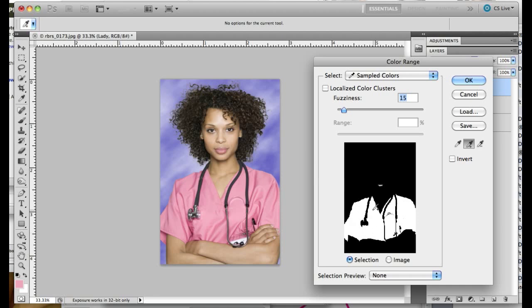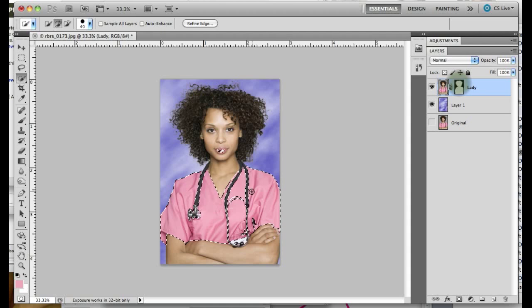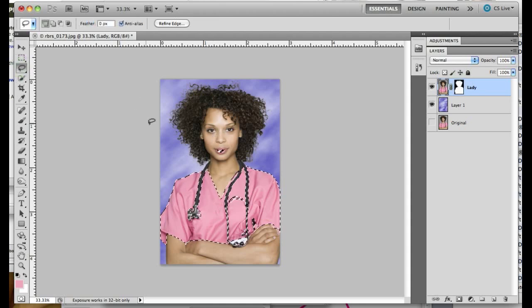You can see it's pretty much a solid white for all of the areas that it selected, plus a little bit of the lips, but I will just ignore that. So I actually can remove the lip portion if I want to by using the lasso tool, holding down the option key and drawing around it. So now I only have the scrubs selected. I can duplicate it if I want to, Command J,